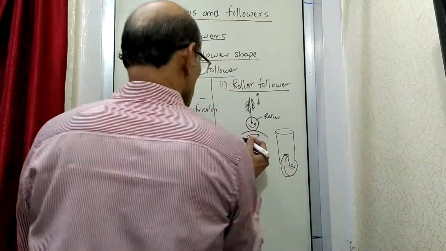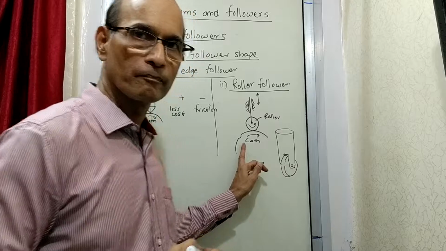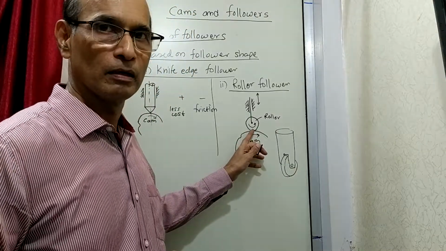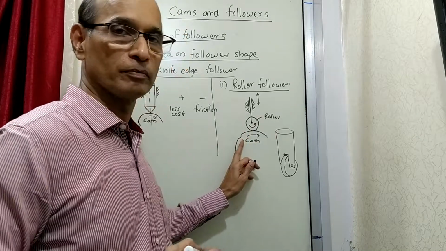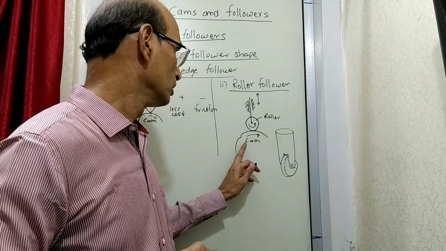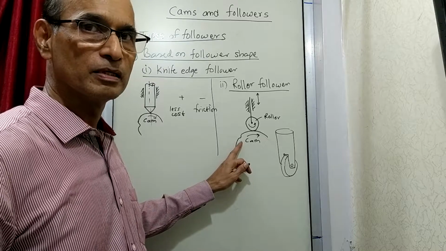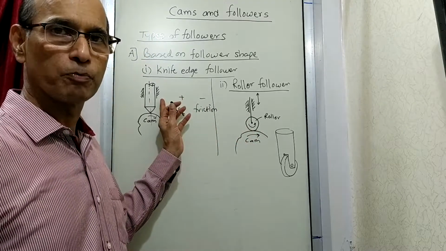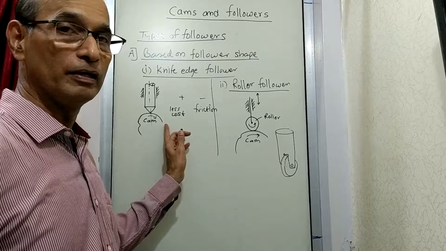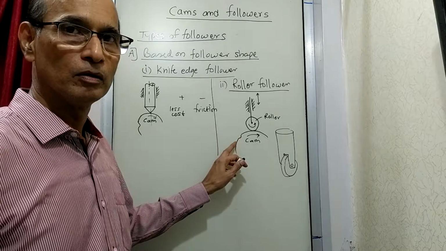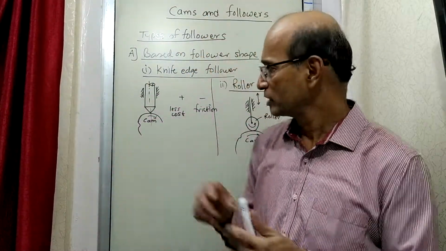Now same thing, suppose you prepare here. There is a small depression here. Now when this depression comes under the roller, this roller may not be able to sense this depression because of the curvature of the roller and the curvature of this slot or the groove or the depression. So here this small difference in the surface is sensed by knife edge follower but not by roller follower. So if there is a need like this, then this need will be fulfilled. This kind of movement difference if you want, then that will be possible only by knife edge follower and not by roller follower. So you can say that is called a sensitivity.